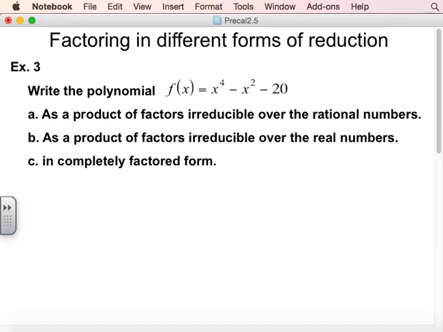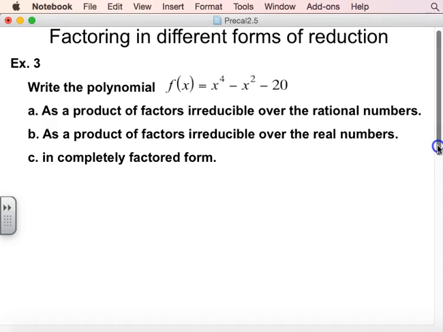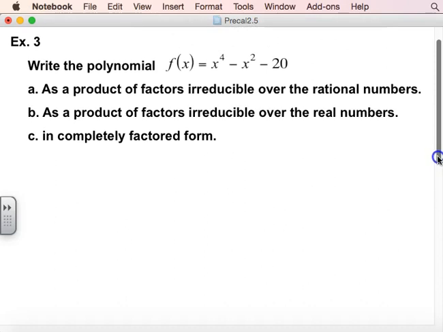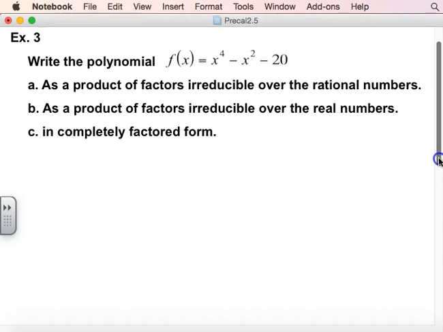So right here, this is where we're going to talk about how far to factor something. So we want to factor this in 3 different ways. So it says first, factor as a product of irreducible numbers over the rational numbers. So just to where we have rational numbers, remember numbers you can write as a fraction, that means no square roots or no imaginaries. So if we factor this,